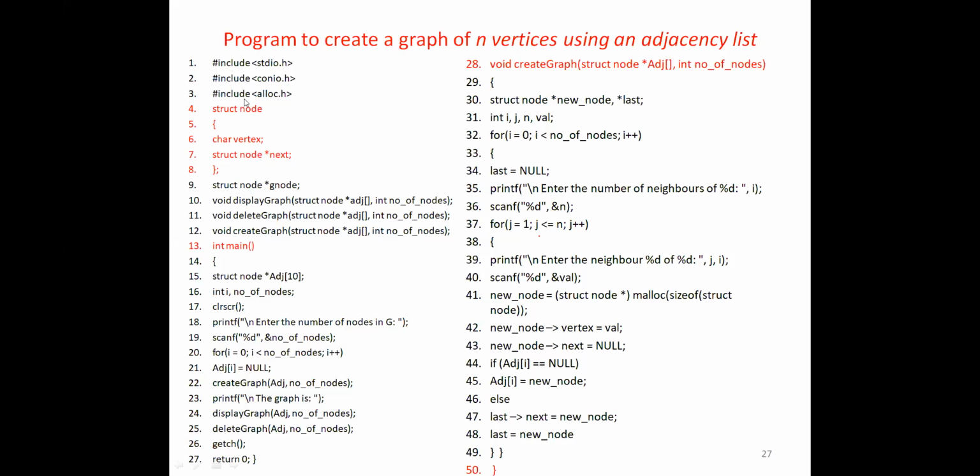So we are going to use an adjacency list. We are going to store the elements using the adjacency list. So this is the program. Usually, these are the header files you declare, general header files. Then this is the structure of a particular node. Here node you can say as vertex. You can use any other name.